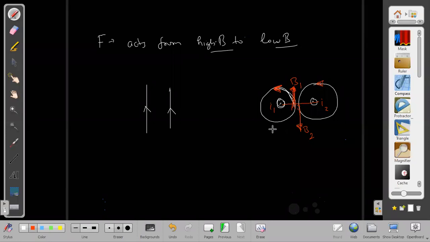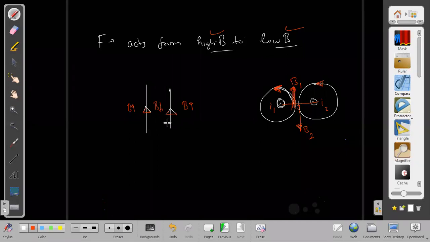These are not supporting each other. Yes, sir, these are decreasing. So overall, the field gets reduced inside as compared to the field outside. The field inside gets reduced, and as a result, as I told you, the force always acts from which side to which side? From high magnetic field to low. So how should the force be acting then? In between these, the field gets reduced. B gets reduced here, and outside the B gets somewhat increased comparatively.